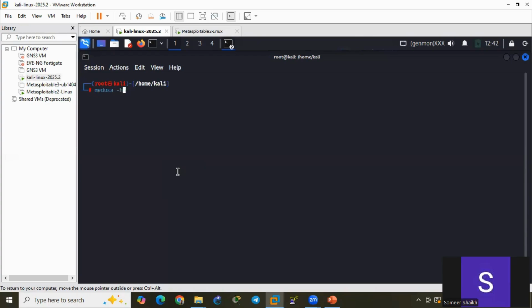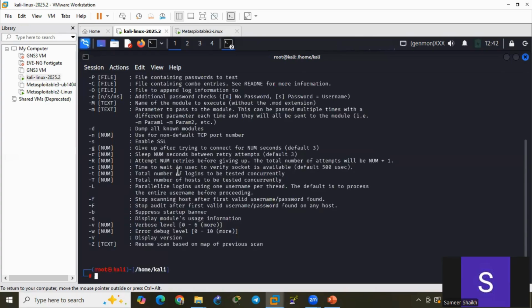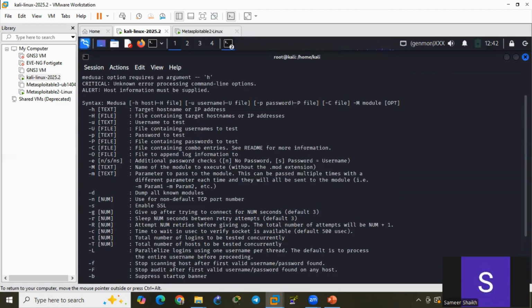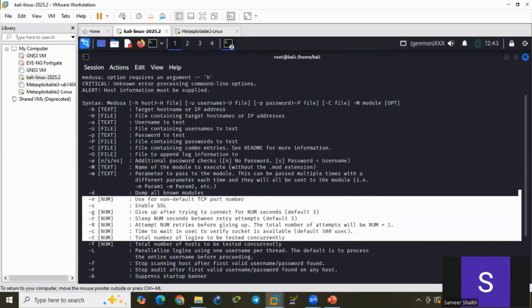So we can check for help. So these are the commands which we can use in that. For -h, you can see target host name or IP address. Small -u, username to test. Capital -U, file containing usernames to test. Okay, so